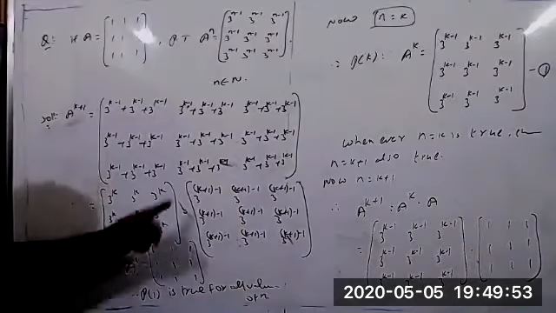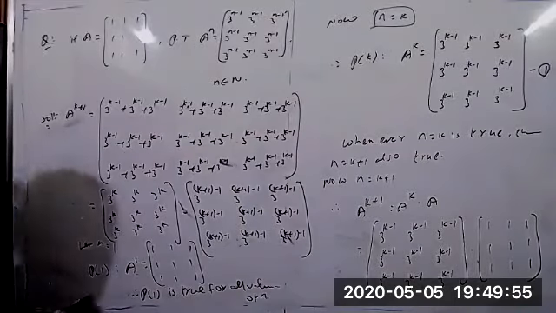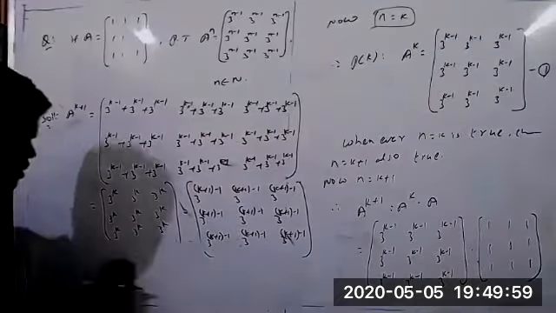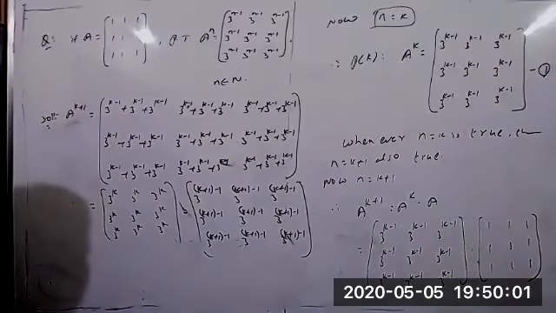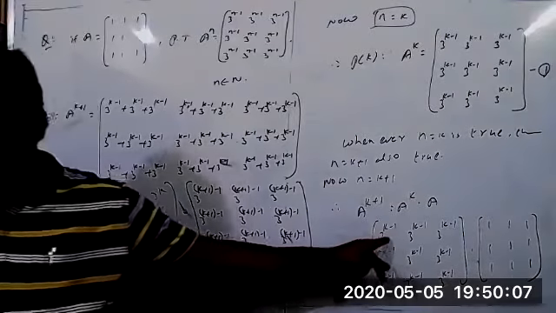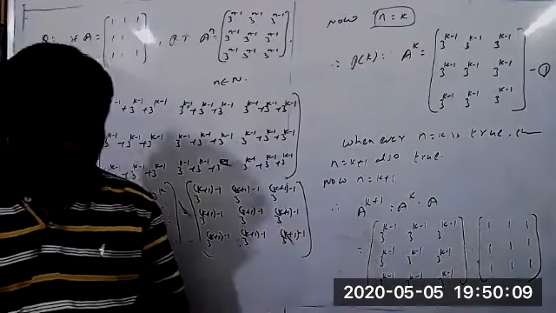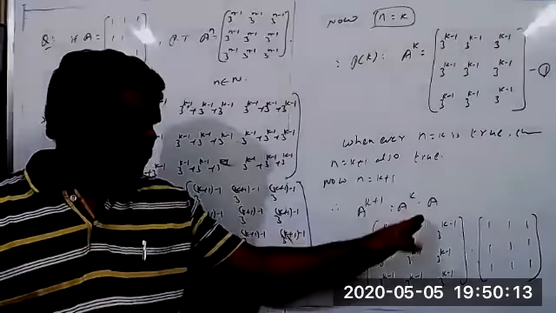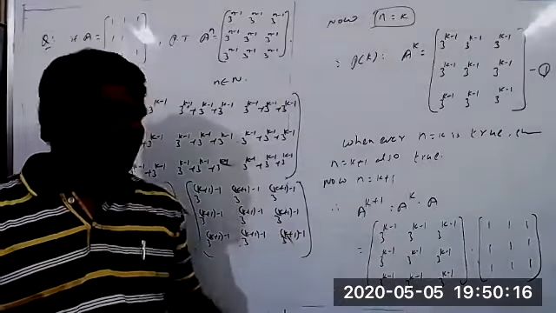But when you take n equal to K plus 1 also, we could have done this directly, sir, by placing n equal to K plus 1, since we have to prove it for K plus 1. Yes, you can do that, no problem, that's fine. But we actually have to multiply A power K into A now, so directly we are not taking this value.